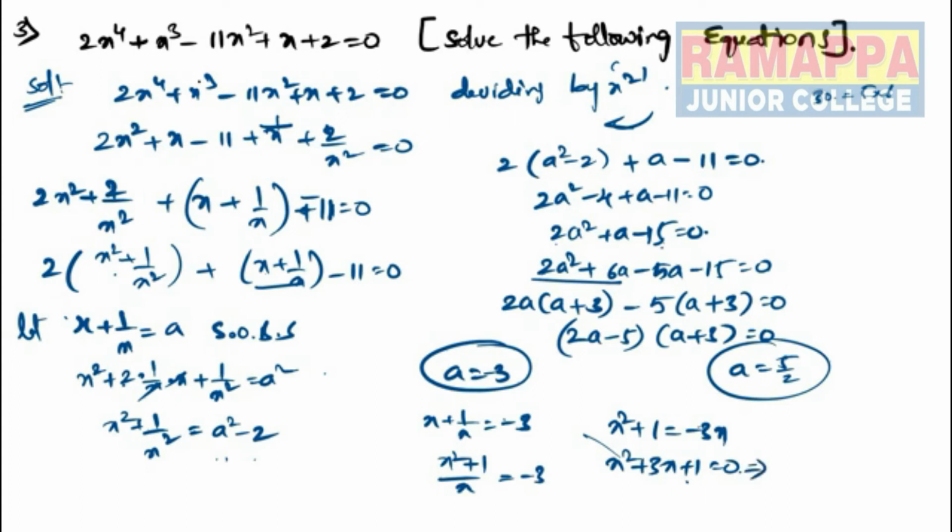If we do factorization of this one though, x is equal to minus 3 plus or minus under root of b square minus 4ac. b square is equal to 9, minus 4ac means 4 only, is equal to minus 3 plus or minus 5, answer here. Now move to the next value. So we substitute the value of this one here. Here 2a will come in this, so by 2 will remain here.